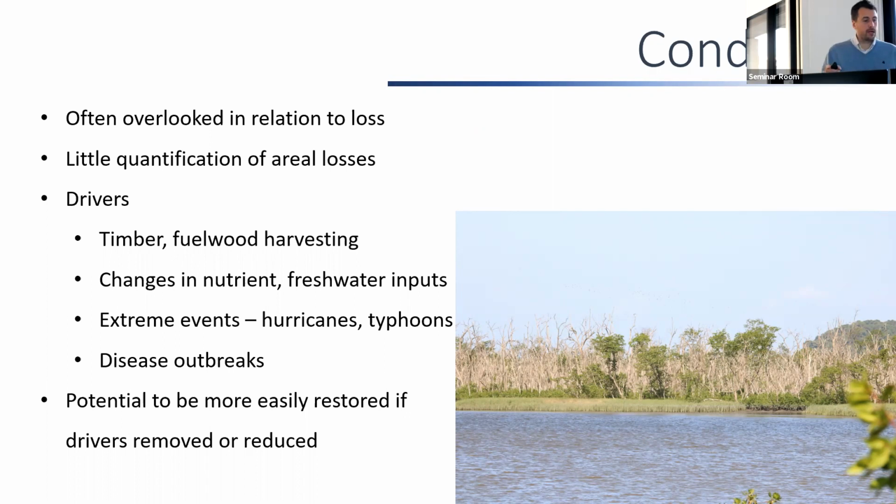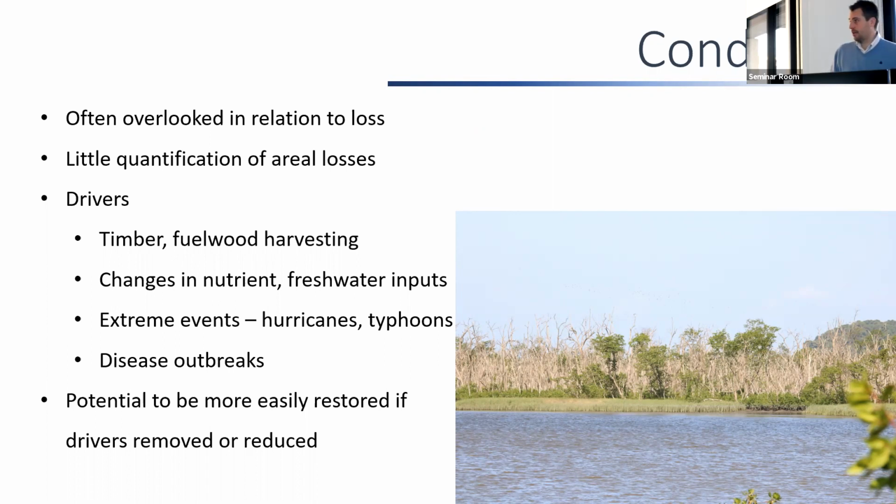The picture I'm showing in the bottom right is from an area in Brazil, where there was an infestation of caterpillars, which have totally defoliated that area of mangroves. So this would still be mapped as a mangrove forest within the Global Mangrove Watch. The structure of the trees is there. But as you can see, the condition is significantly reduced. So it would be good to be able to quantify changes in structure.